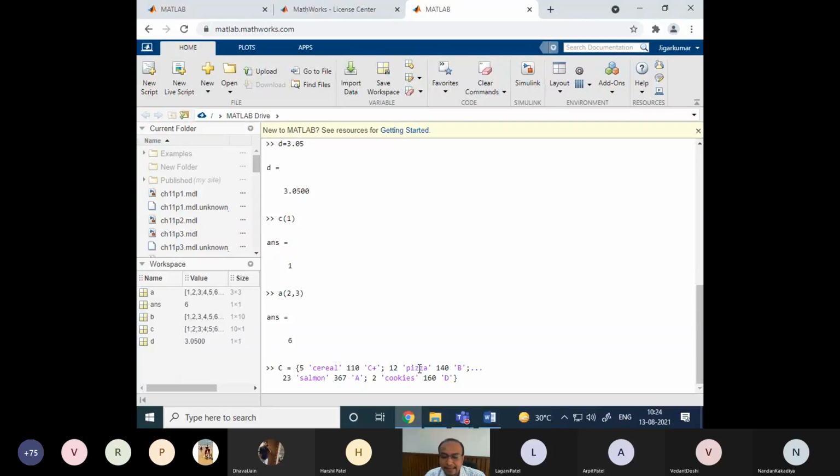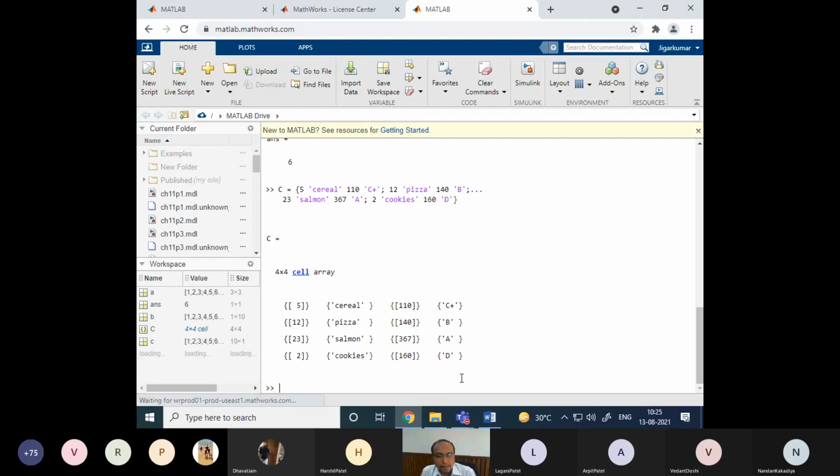Then 12, then pizza, then 140B. The three dots indicate we continue this statement in the next line. When you want to continue things in the next line, you type three dots. Then 23, salmon, 367, A is again a character, and then semicolon. So many different kinds of things are there. Let me see what happens.